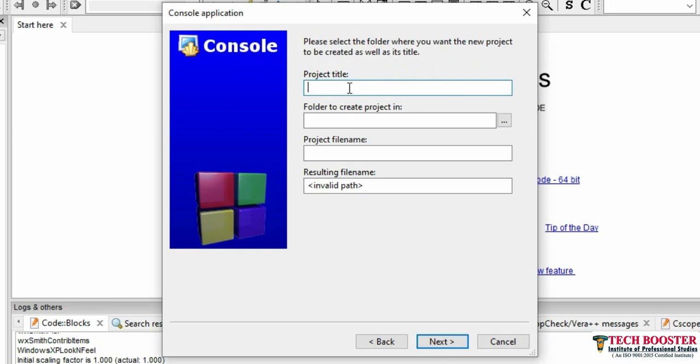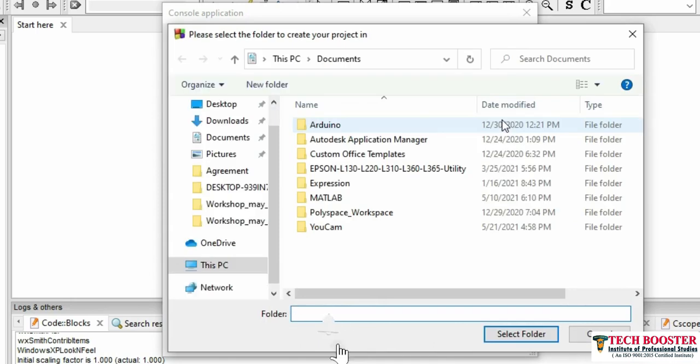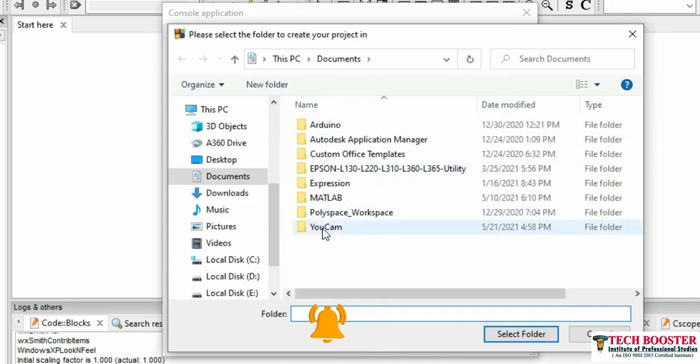Now here you need to write your project title. So let me name it first project. Now here you can select your path. You can select in this option and you can choose your path where you want to save your project. So let me select my Documents, and here